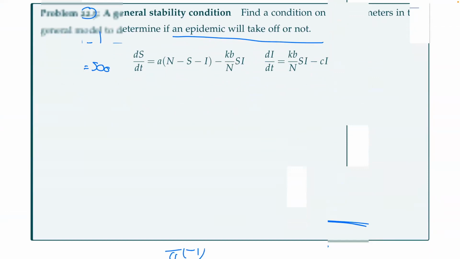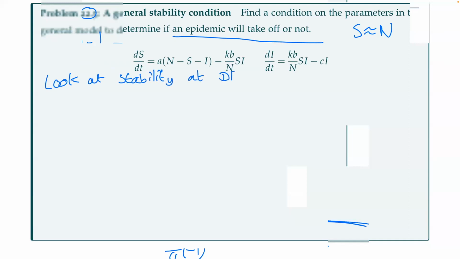We're going to look at what happens when the population is almost entirely susceptible. So S is going to be approximately equal to N. We're going to see if there's a tiny amount of infection in the population, whether that can take off and we have an epidemic or not. This is obviously really important if you're doing something like public health modeling to understand whether an epidemic is going to take off. So what we're doing essentially is we're going to look at the stability of this system at